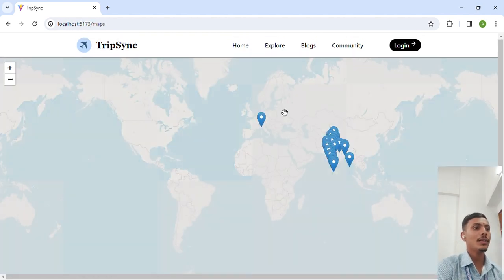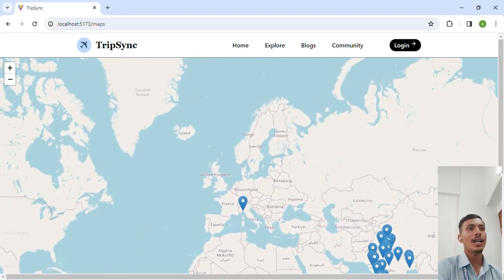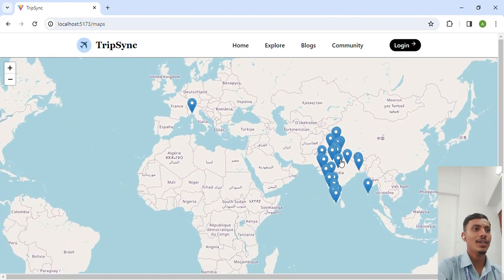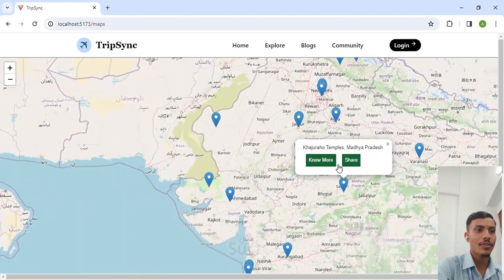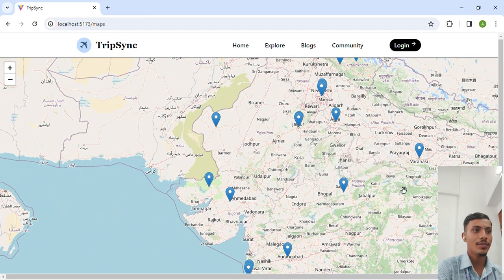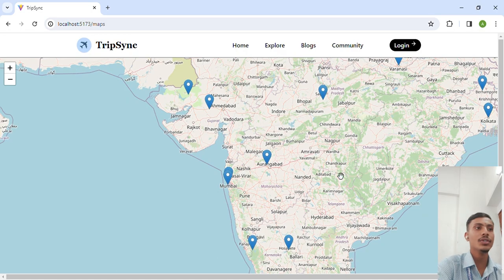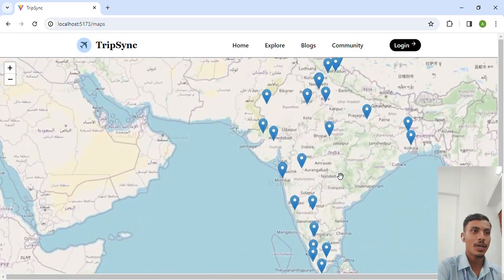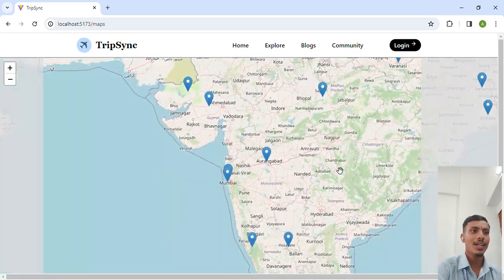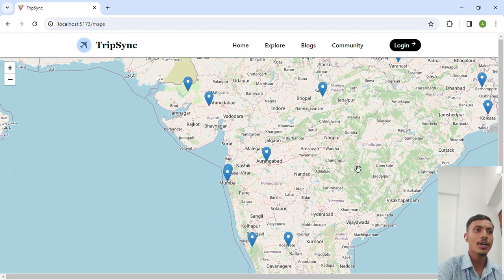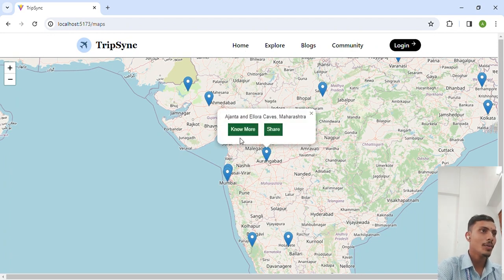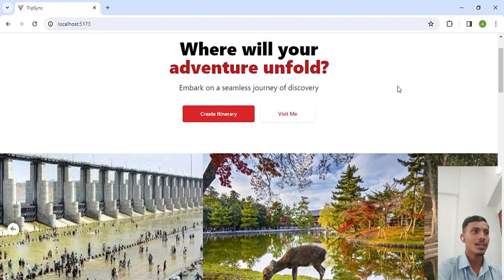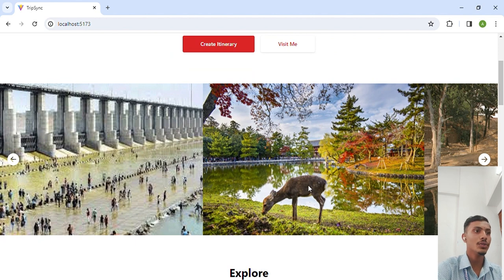So this visit me is just a link, and we'll have a map displayed here as well as some locations. There are few locations available as we have implemented everything from scratch, and these geolocations are added by us. We can definitely find a source and do it, but we planned on having it from scratch. Here we can navigate to any specific resource as well as share this specific geolocation with any user.